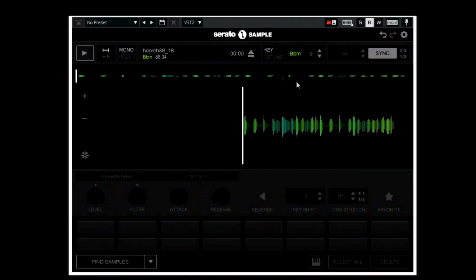All right, so once you actually find your sample, it'll kind of lay it out like this. It'll tell you what key you're in. If you want to detune it to a different key, it'll tell you your beats per minute. This one says it's about 88.3. It gives you a mono and a poly option. This little signal here is to say that if you hit a key,